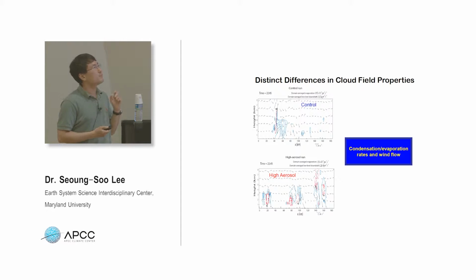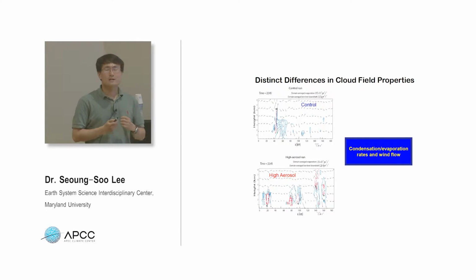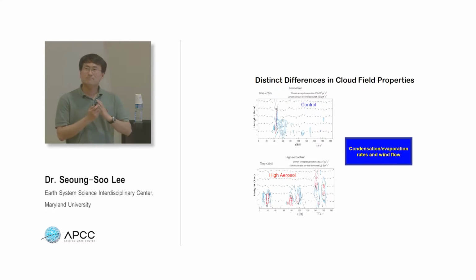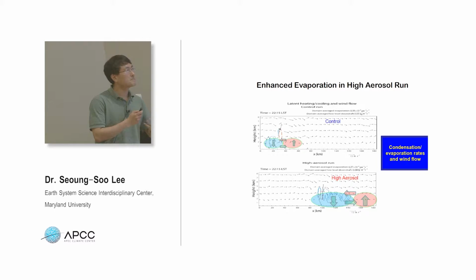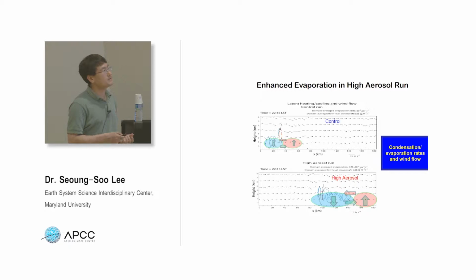Here I want to put emphasis on the fact that there are distinct differences in cloud field properties or cloud system organization represented by cloud cell population. So why is there this type of very substantial, huge difference in cloud field properties? To answer this question, these fields are obtained again at 10 hours 50 minutes after the beginning of simulation, corresponding to the initial stage of convective development. You see, there's no difference in cloud system organization around the initial stage of cloud development, but there's a much larger